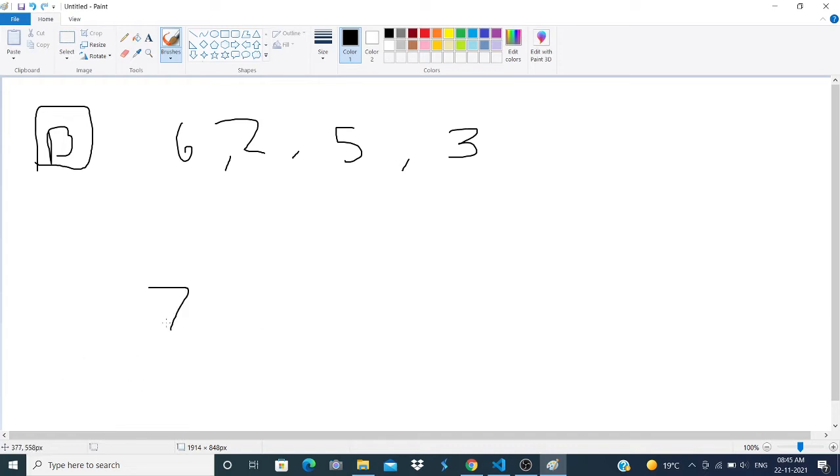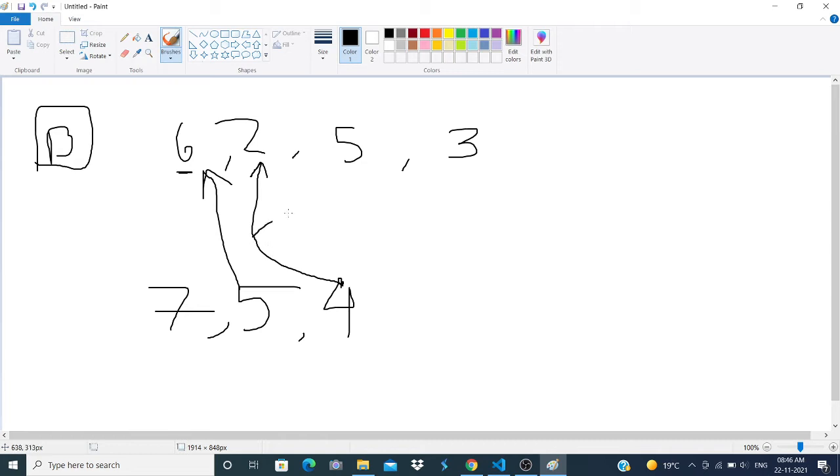Let's say after that there comes a guest with slipper size 5. Now 6 is obviously greater than 5, so this guest will take this slipper. And let's say after that there comes a guest with slipper size 4. Now again it starts searching from the beginning. 6 has already been taken, then 2 is lesser, it will not take this. Then it comes to 5, 5 is bigger, so yes, 4 will take this slipper of size 5.